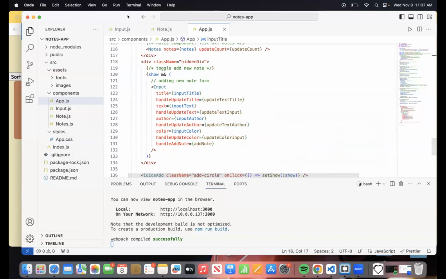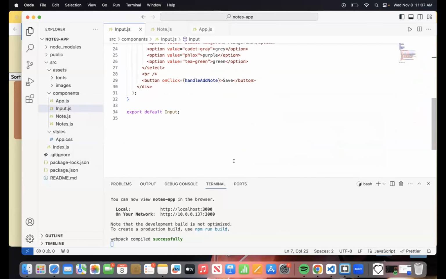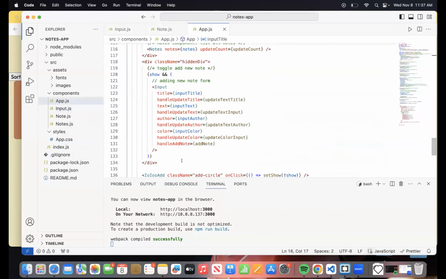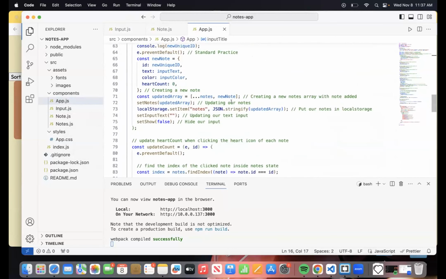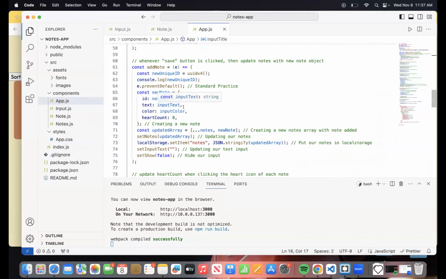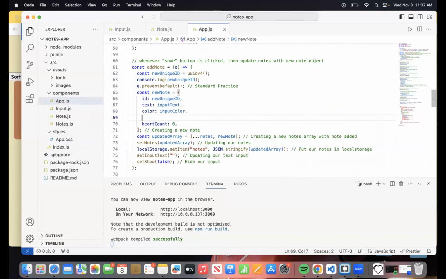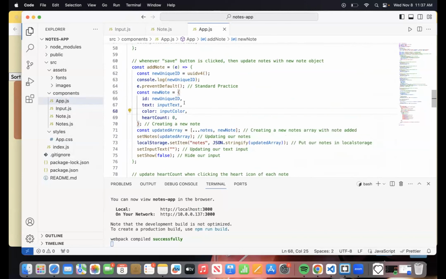For that, if you take a look at input.js, we're passing in the event handle add note. And inside app.js, handle add note has the function add note. So we also have to make changes inside this, where we're essentially creating the new object.